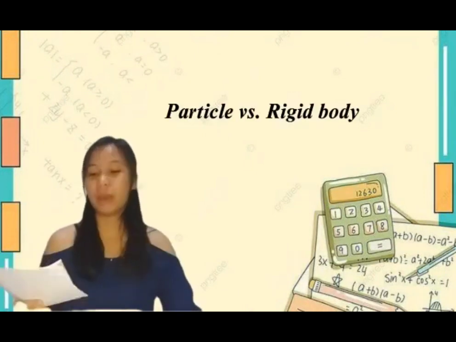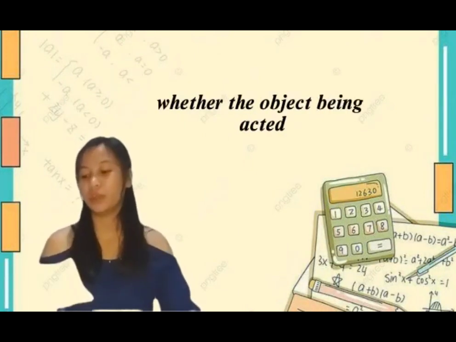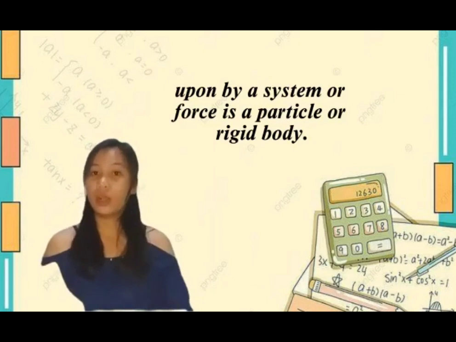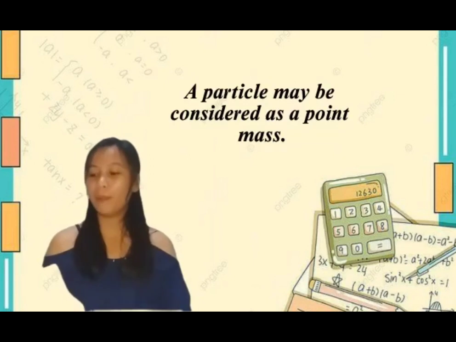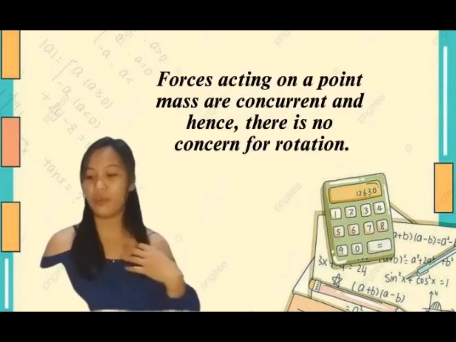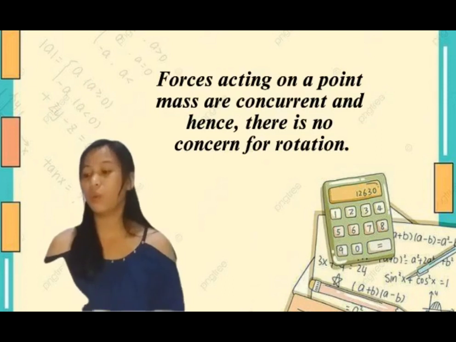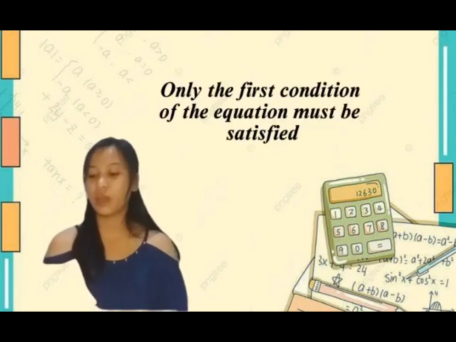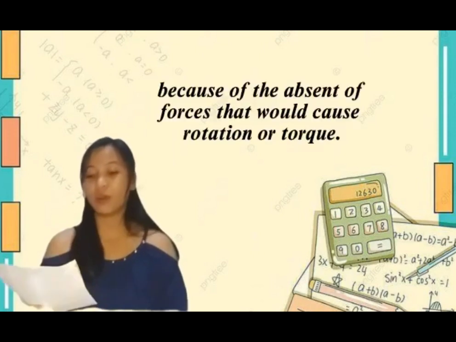Particle versus rigid body. A distinction has to be made whether the object being acted upon by a system of forces is a particle or a rigid body. A particle may be considered as a point mass. Forces acting on a point mass are concurrent, and hence there is no concern for rotation. Only the first condition of equilibrium must be satisfied because of the absence of forces that would cause rotation,